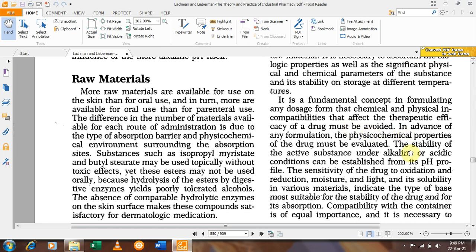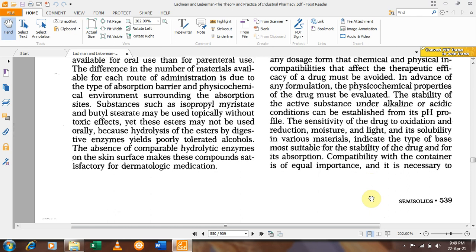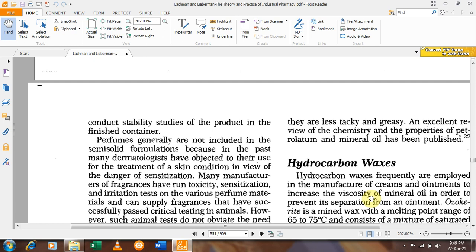In advance of any formulation, the physicochemical properties of the drug must be evaluated. The stability of the active substance under alkaline or acidic condition can be established from its pH profile. The sensitivity of the drug to oxidation and reduction, moisture and light, and its solubility in various materials indicate the type of base that is most appropriate for the stability of the drug and for its absorption. Stability-related considerations should also be considered. Compatibility with the container is of equal importance, and it is necessary to conduct stability study of the product